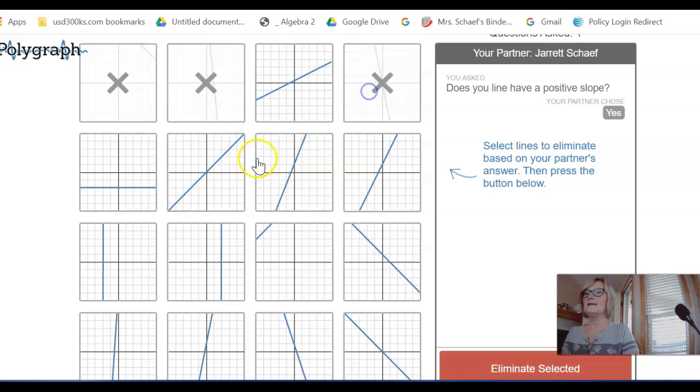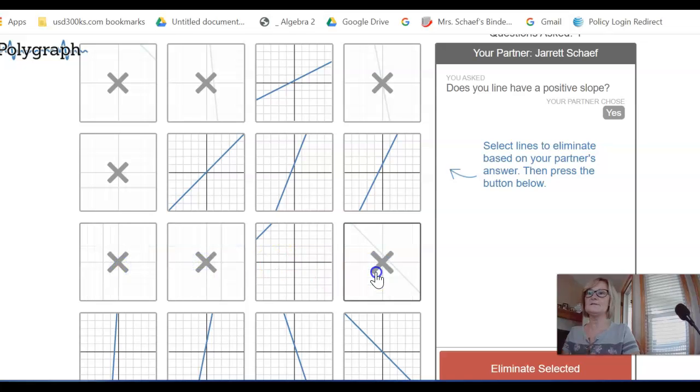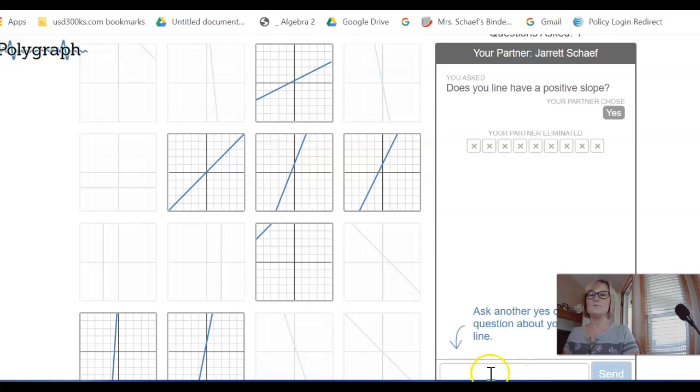So these are all negative slopes. This is a 0, and so forth. So I'm going to go through and eliminate everything. Okay? So I've eliminated my stuff. Now I'm going to go through and